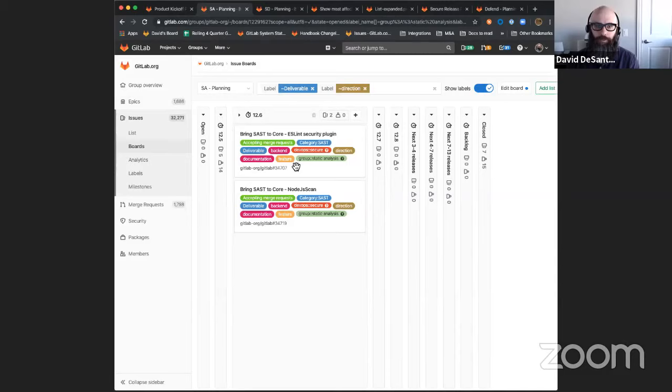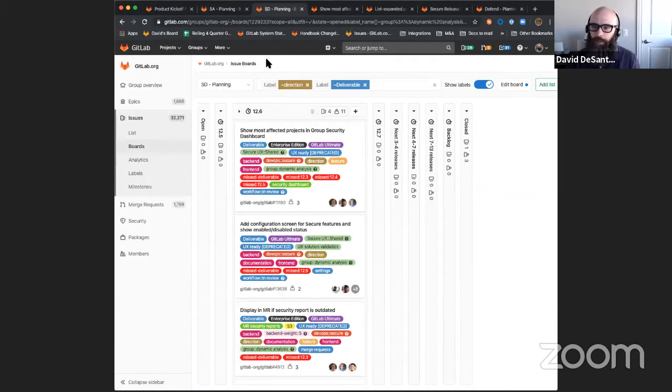That is a JavaScript framework stack analysis tool, and then Node.js scan, which by its name is obviously for Node.js. On the dynamic analysis side, the majority of the items are a carryover from 12.5. I do want to highlight the big one that is coming out in 12.6, and that's the first one here on the board. This is focused on helping you see your total security at the group level on the security